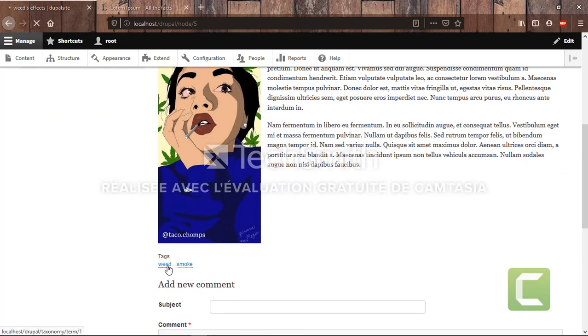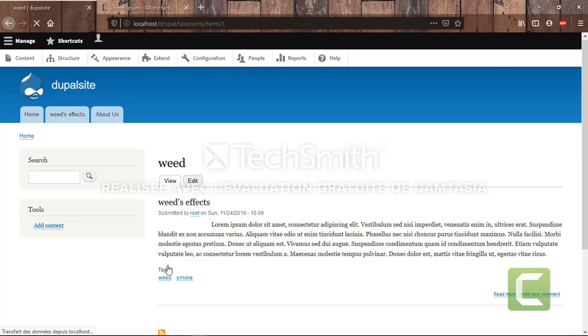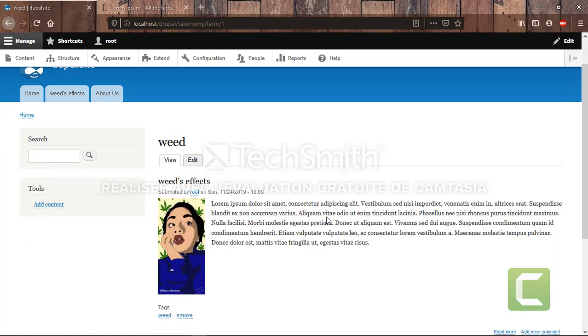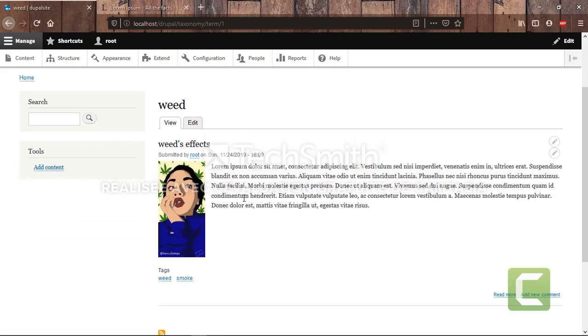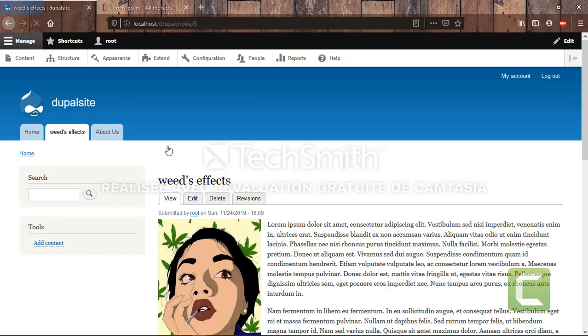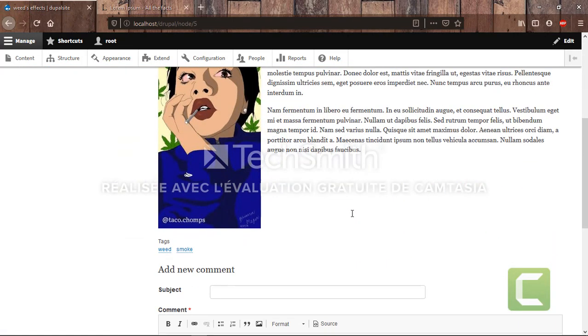Now let's talk about tags. If I click on the tag read, it will show me all the posts and the articles that have this tag. So as you can see, it showed me the only article I have where I have this tag called read.